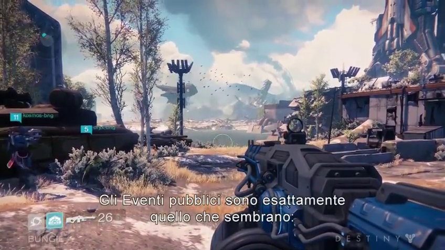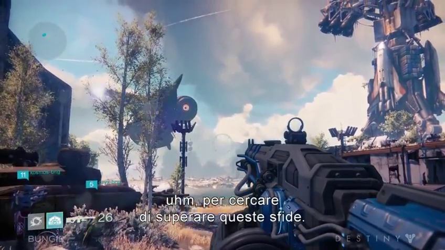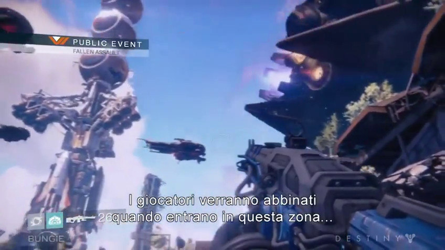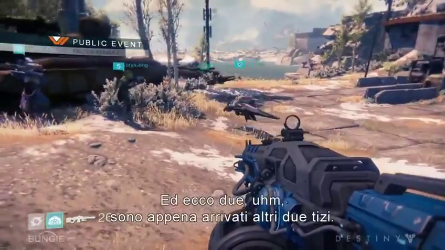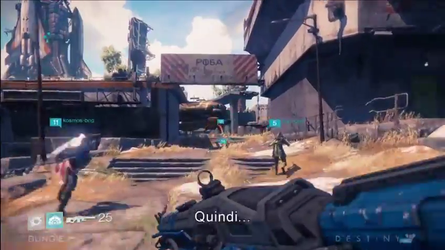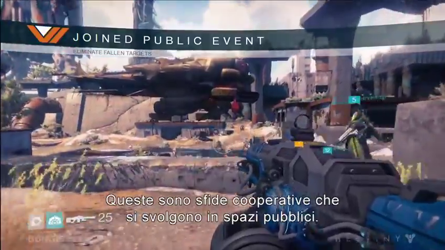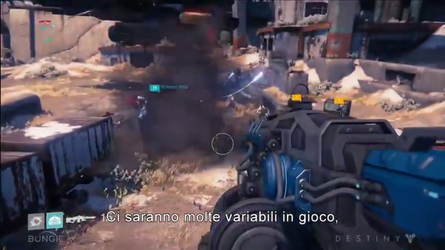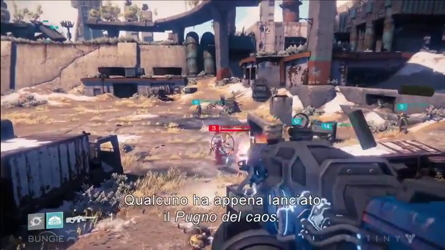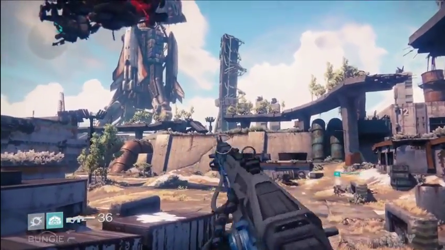So public events are exactly what they sound like, meaning that your fire team and other fire teams are going to join forces to try to complete these challenges. Players will matchmake when they enter this zone, and you can see two other dudes just showed up from another fire team, so they're going to join in the fight. These are collaborative challenges that take place in the public spaces. You're going to see all sorts of cool variety amongst these things, and it'll happen all over the destination. Someone just dropped Fist of Havoc. Speaking of dropping,